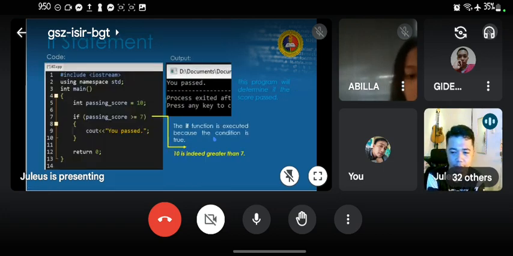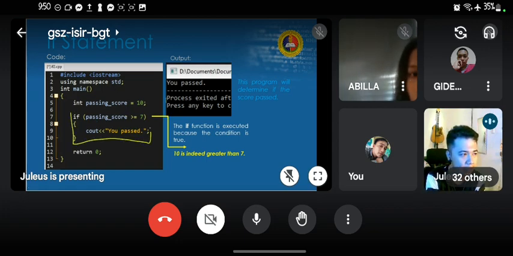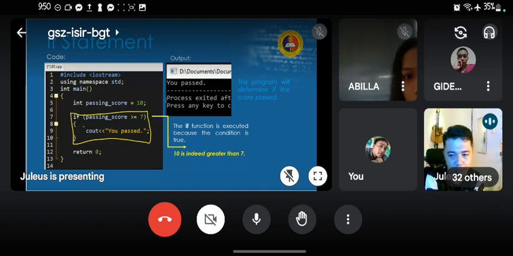So the if function will be executed if the condition is true. In this example, the if function is this. So obviously, since the condition is met, greater than or equals to 7, and since 10 is greater than 7, therefore this particular block of code is executed because the condition is true.